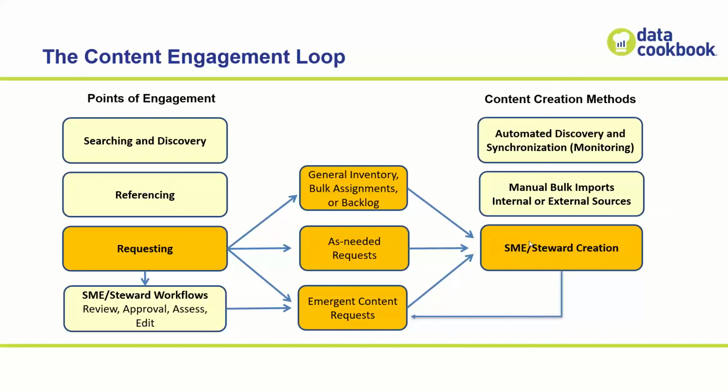So you can get a loop there. As you start documenting something or curating something, you might create new additional content out of that. Or even in writing one glossary definition, you might end up adding three or four glossary definitions to expand on that. So that's this emergent content. But anyway, these are the main points where you're going to get this